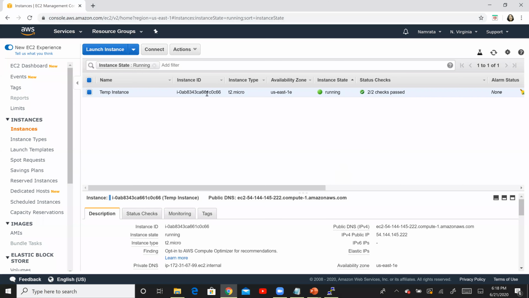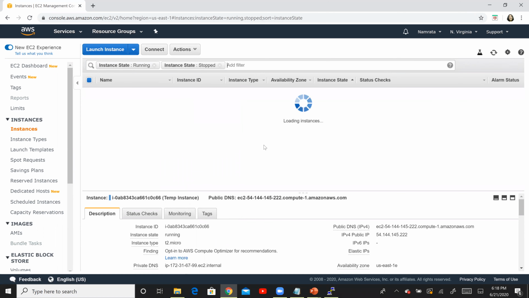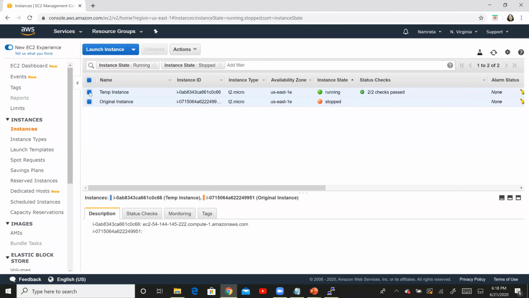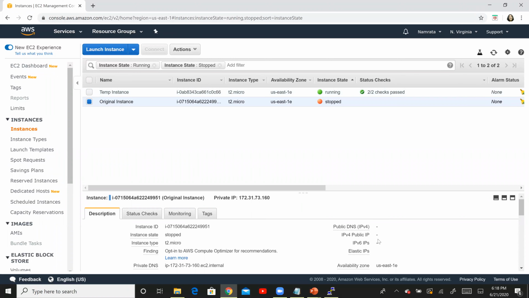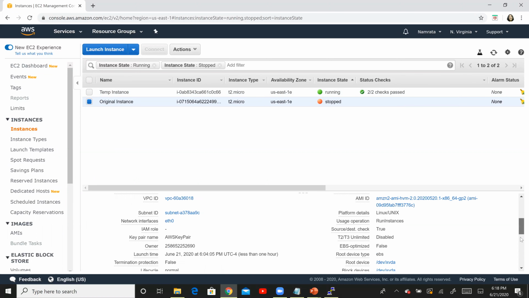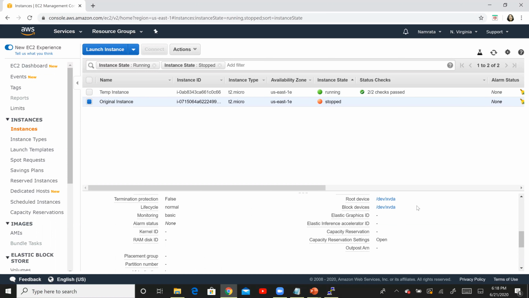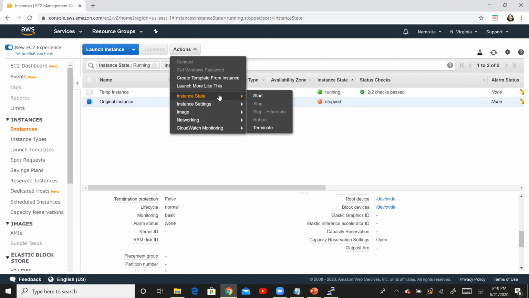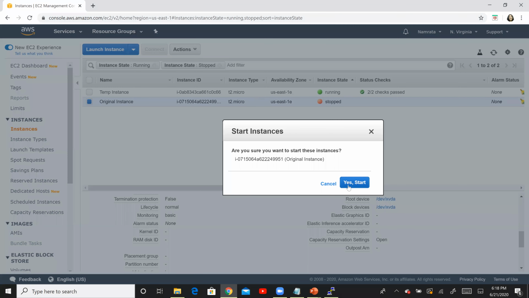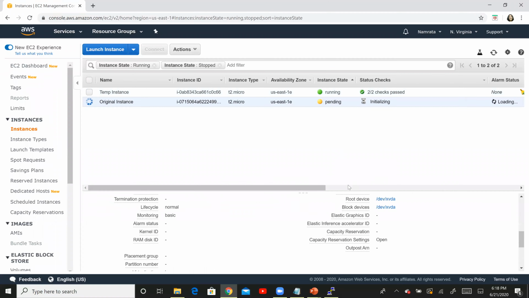Okay, so let me go ahead and say instance state stopped. This is my original instance, and as you see, the public IP has gone, but we should have our root device attached right here. We will go ahead and start this instance. So let's start it. And shortly it should be in a running state.